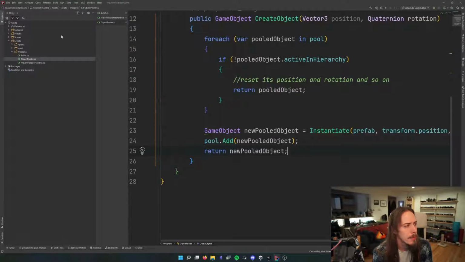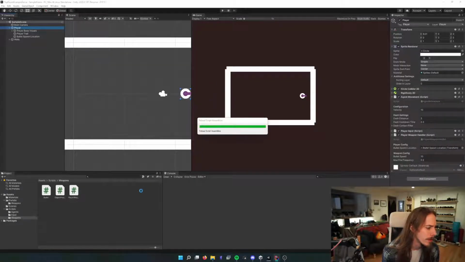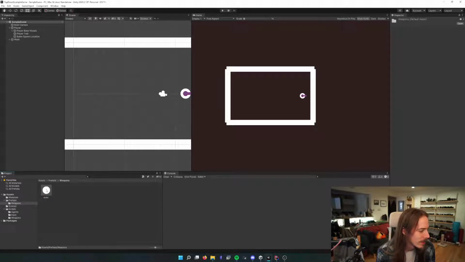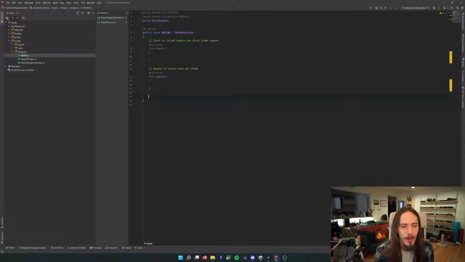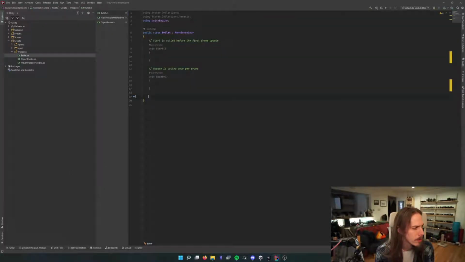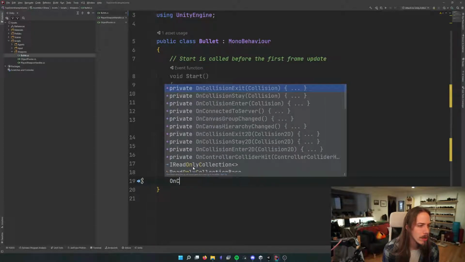We need the bullets to collide with things. So I have the bullet. I made that script, but does the bullet actually have it? Because it's kind of an empty. Yeah, it has the bullet on it, a Rigidbody 2D and a circle collider, probably as a child object of it, maybe. So on collision enter 2D,